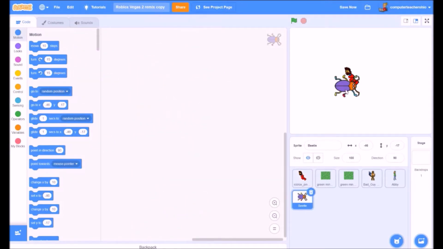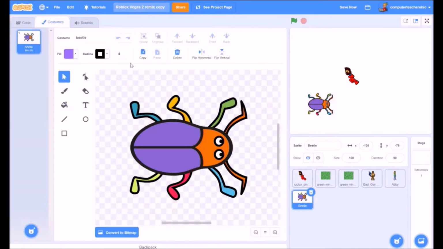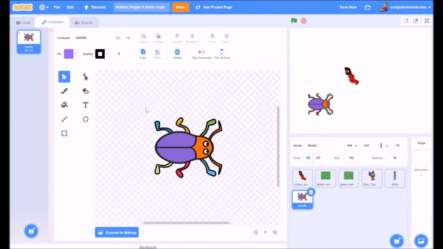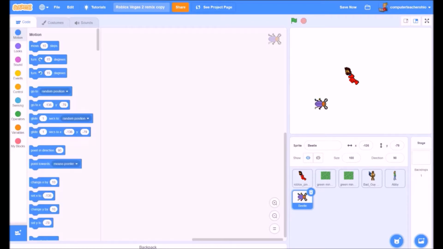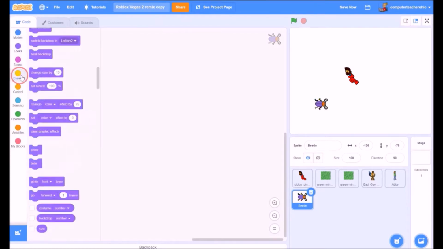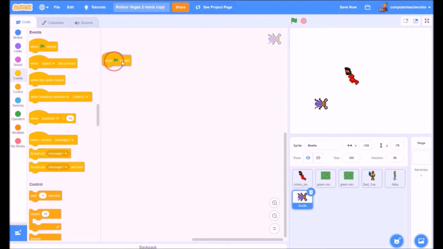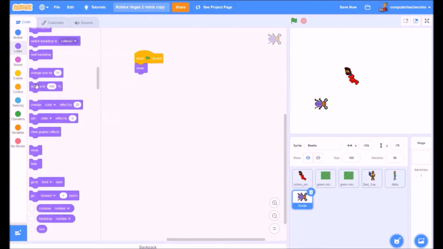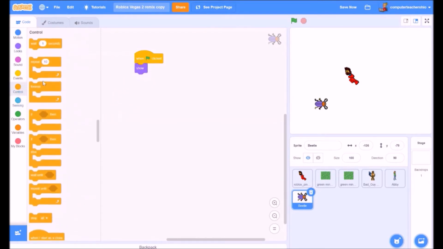There's the beetle. Let's go ahead and first thing, let's make him a little smaller. He's a little too easy to catch at that size. So I draw a box around his entire body and just drag him to a smaller size. Okay, perfect. Let's add some code. When green flag is clicked, show him, and then in a forever loop,